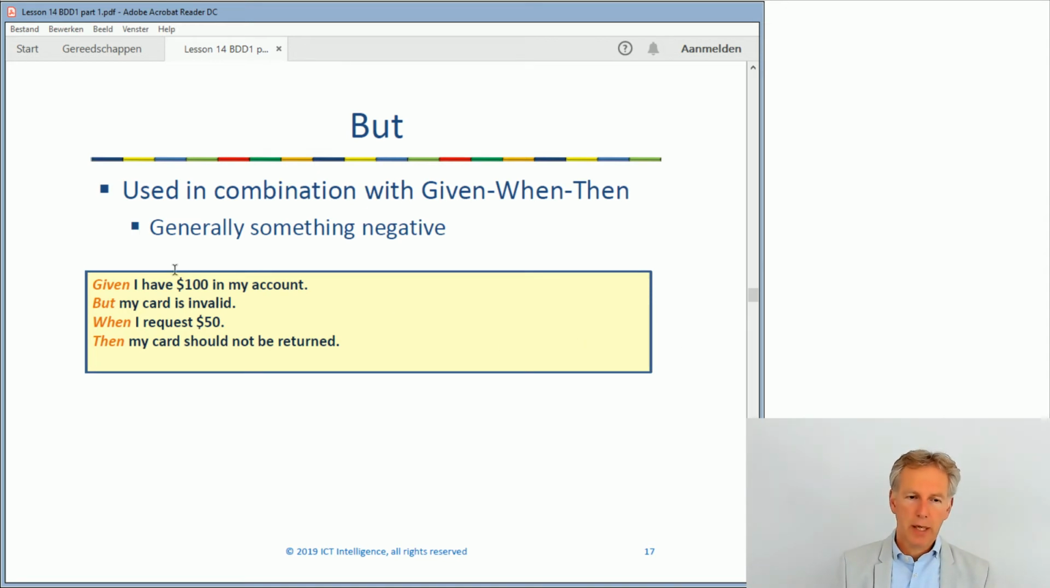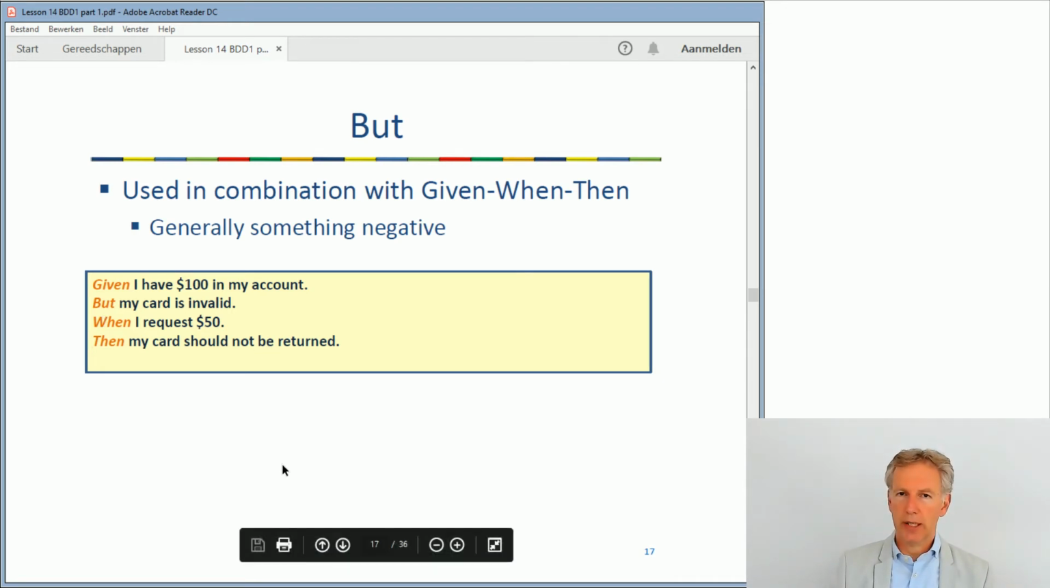So here, given I have $100 in my account, but my card is invalid. When I request $50, then my card should not be returned. I could also have written, given I have $100 in my account and my card is invalid, when I do this, then I get this. It works exactly the same. So the and the but are the same in